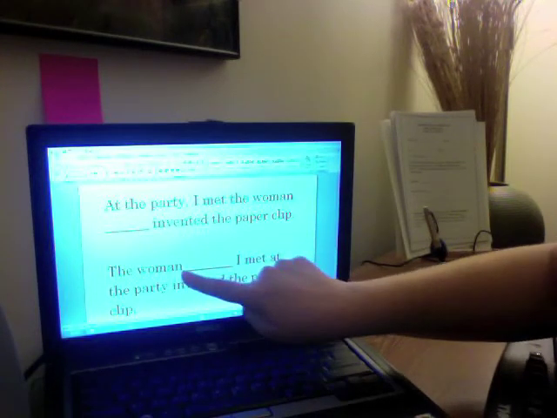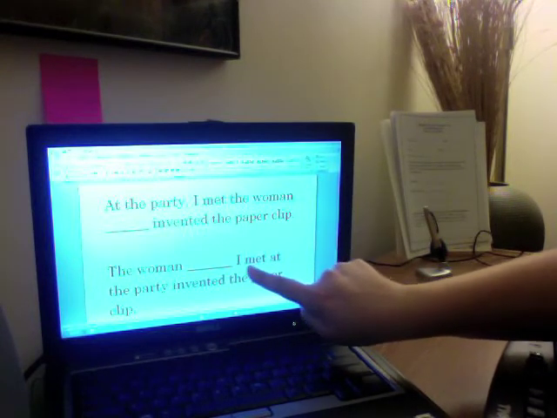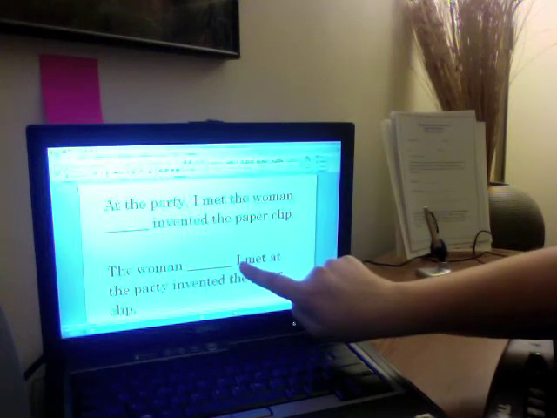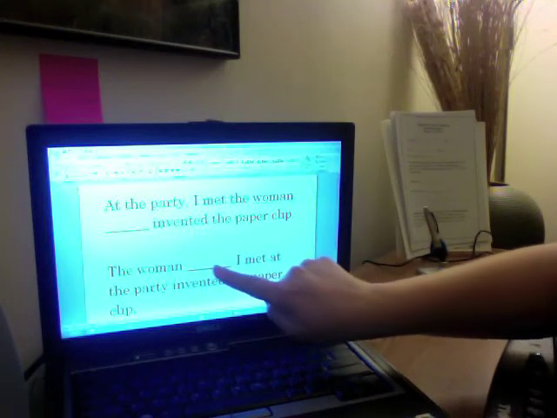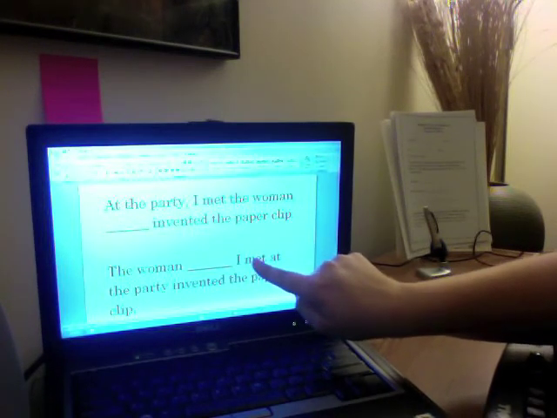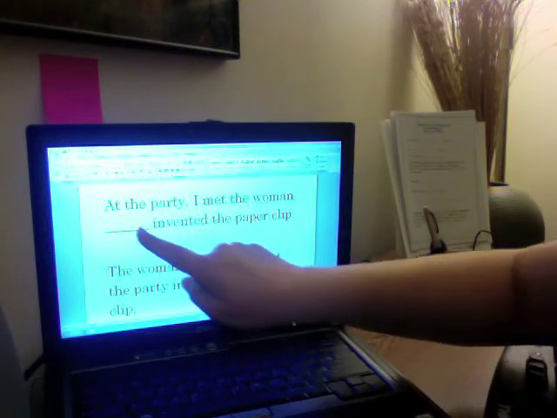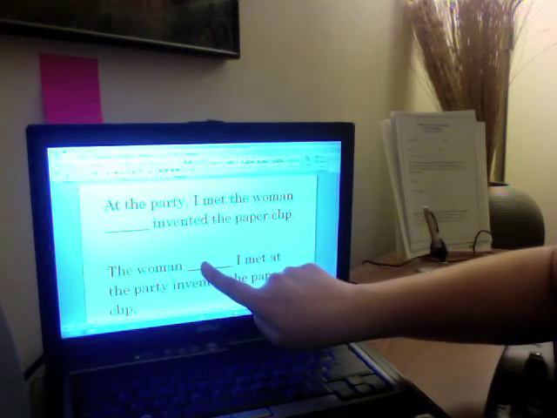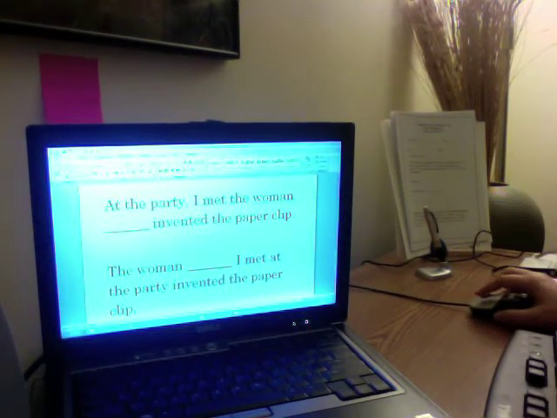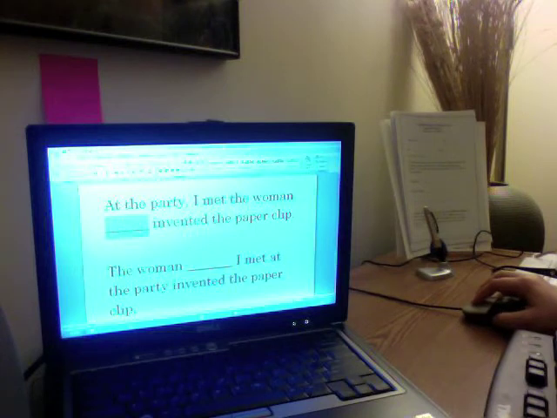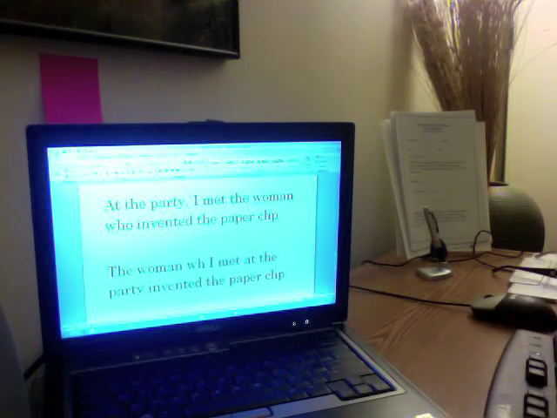In this example, you have the blank, and right after you don't have the verb. Before you have this verb met, you actually have a whole other subject, I. So this can't be a subject. You can't have a subject right next to another subject. So what you're going to have here is an object. I met the woman. So this has to be whom. So that's the easiest way to remember who versus whom. Put who right in front of the verb and put whom when you actually already have a subject for the verb you're looking for. So what I'm going to do here, class, is I'm going to go ahead and write down my answer, who, and write down my answer here, whom.